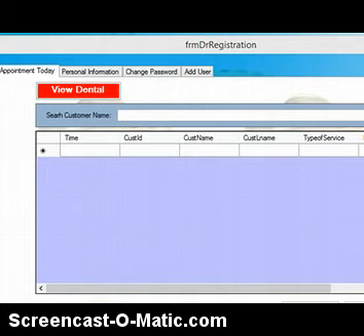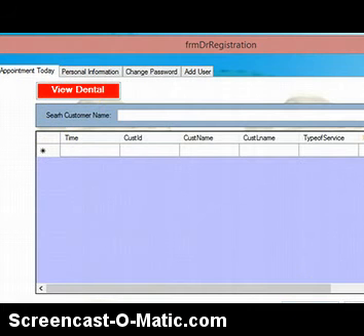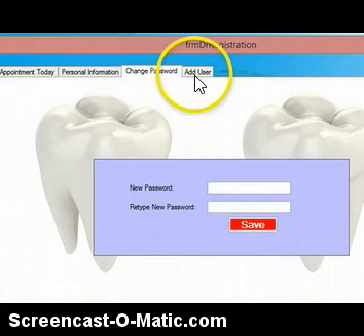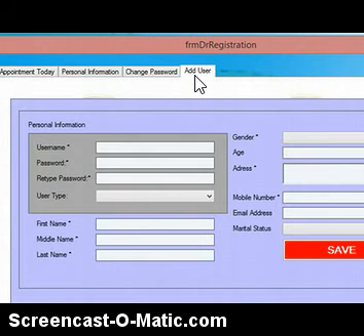After I click the dentist menu, I have a different window, which has another set of menus such as appointment detail or appointment today. Then I also have the personal information, change password, and add user.